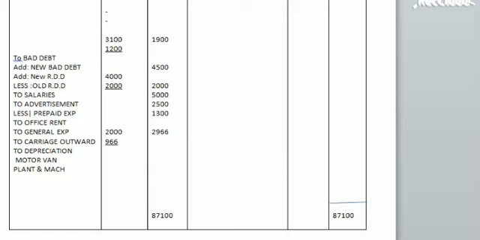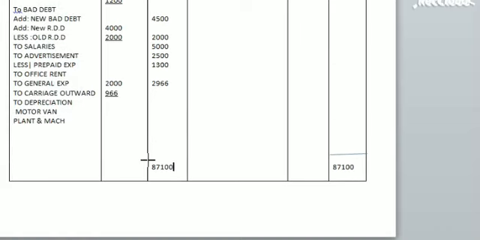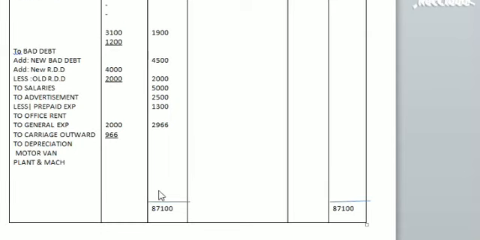Now after this we are going to minus all our expenses of the debit side. Here we will get our net profit, and now this net profit we are going to distribute among the partners as per the ratio as we have done. It will be a 2:1 ratio. The net profit is 66,934. Here this we are going to distribute in the ratio of 2:1. So here we are going to distribute among the partners, To Net Profit carried down.